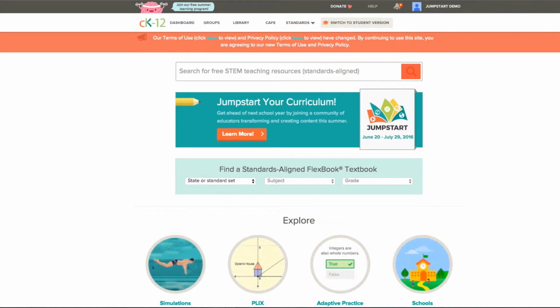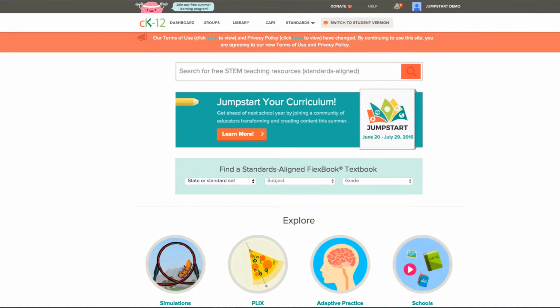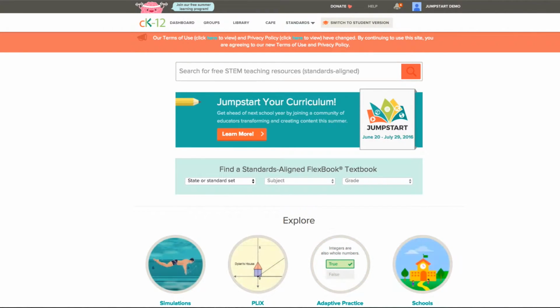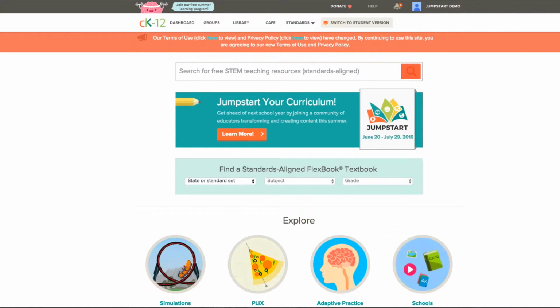Now that you've seen the basics of our adaptive practice system, let's talk about customizing CK-12 practice into a quiz. Basically, a tailored fixed assignment regardless of how you choose to use or grade it. To create a quiz, make sure you're logged in as a teacher and go to whatever concept you want to